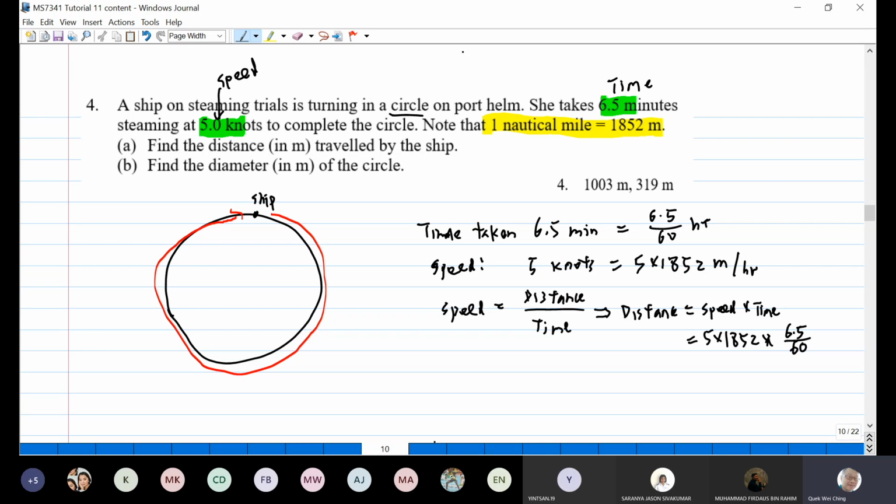Okay, so this is actually 1003 meters, right? So you know speed is distance over time. So distance is actually speed times time. So for